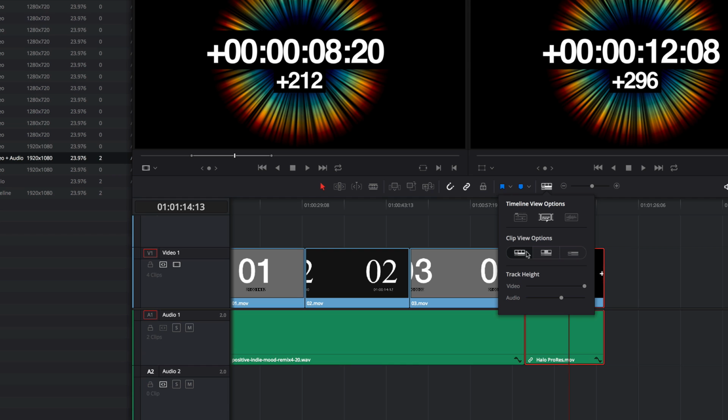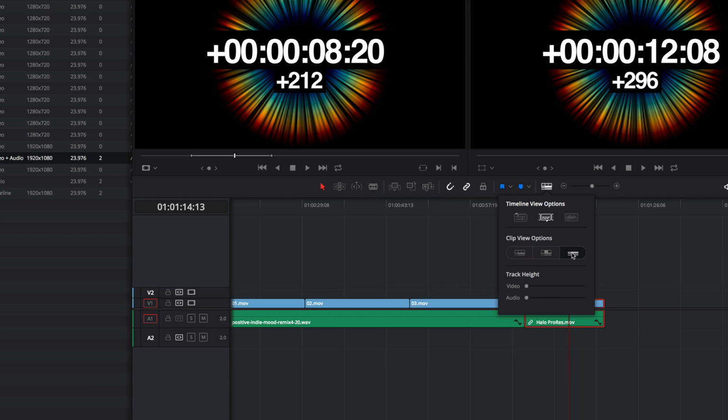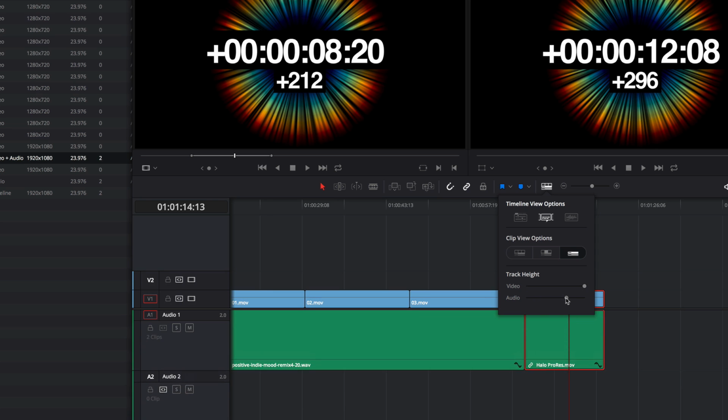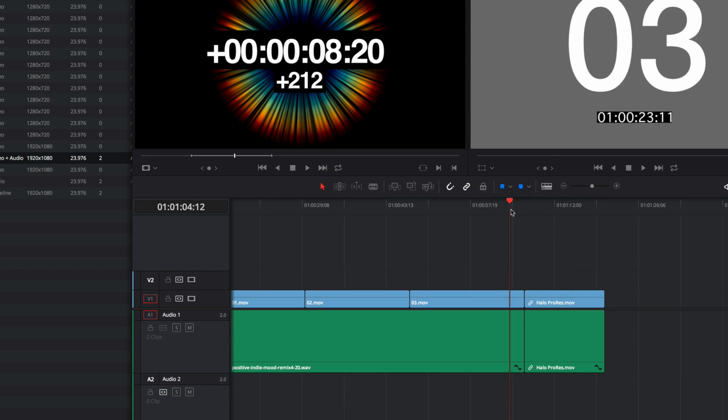I'm going to go ahead and turn off the thumbnails. It probably makes this a little bit easier to see. When I go to my thin track height, I can still drag the track height sliders up to make those tracks a little bit bigger. But let's start here and deal with a trimming operation where I'm going to move the playhead a little bit